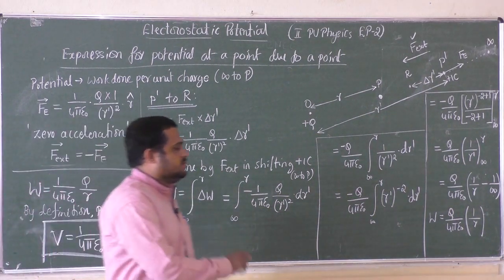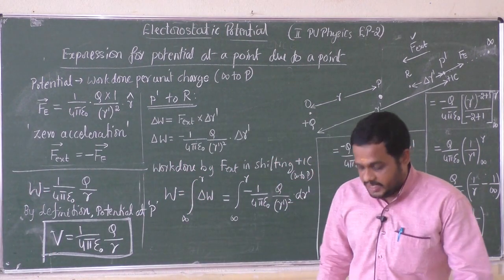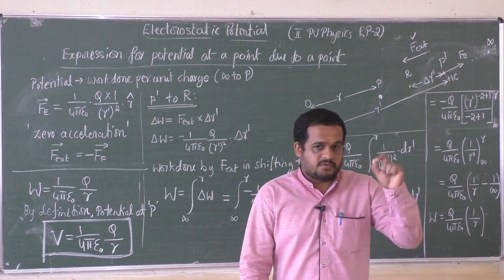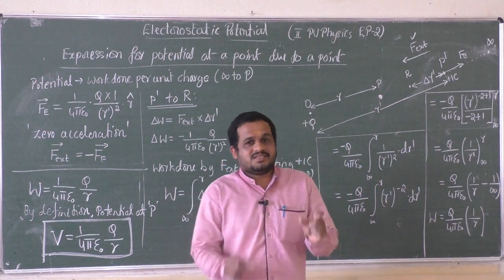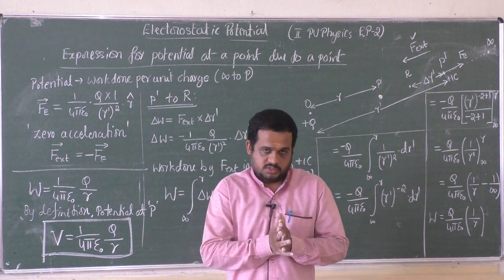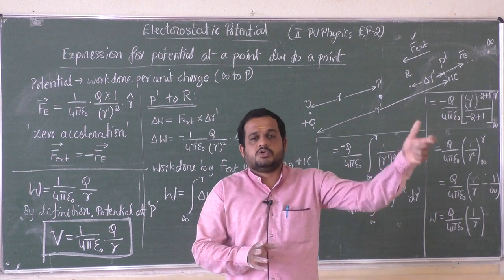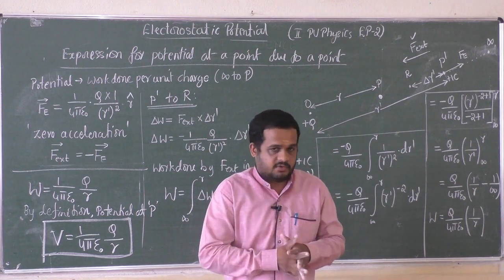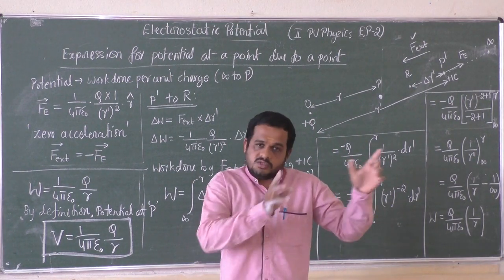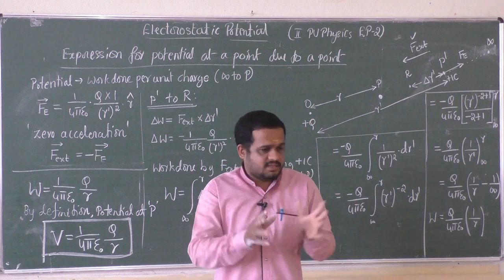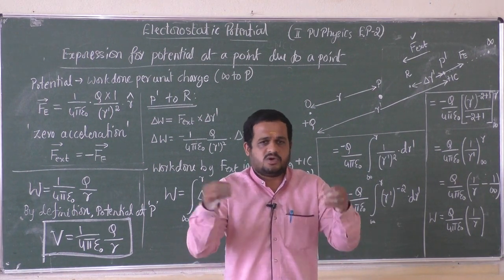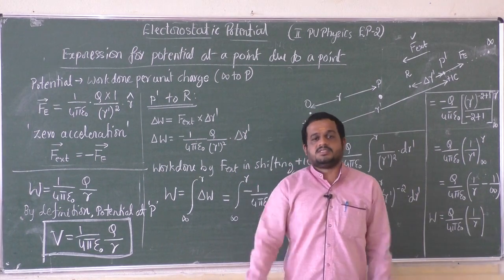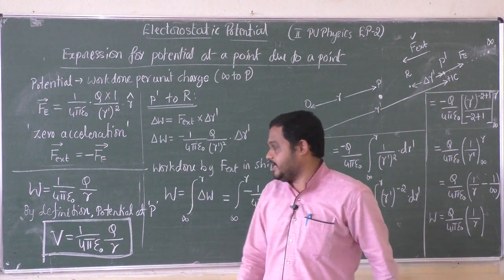And one more thing: in case of electrostatic force or electric field, while using the expression for that electrostatic force, we just consider the magnitude of charges, Q1 into Q2. It may be positive or negative, we just put magnitudes in that equation. Because force is a vector quantity, the direction of force changes depending on the polarity, and that direction is represented by the unit vector, which is used to represent the direction.